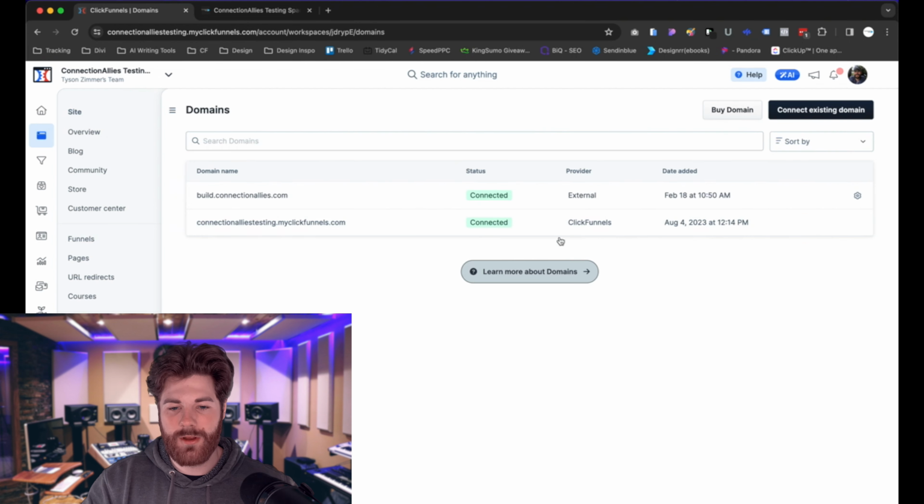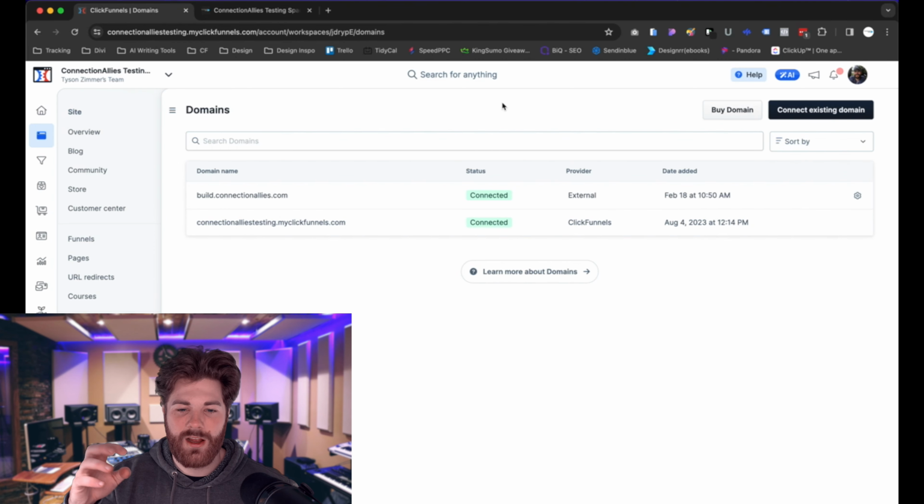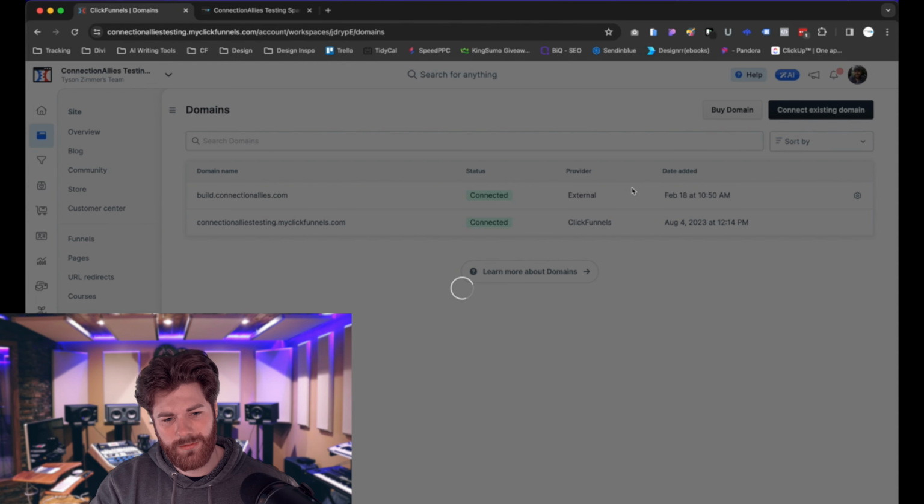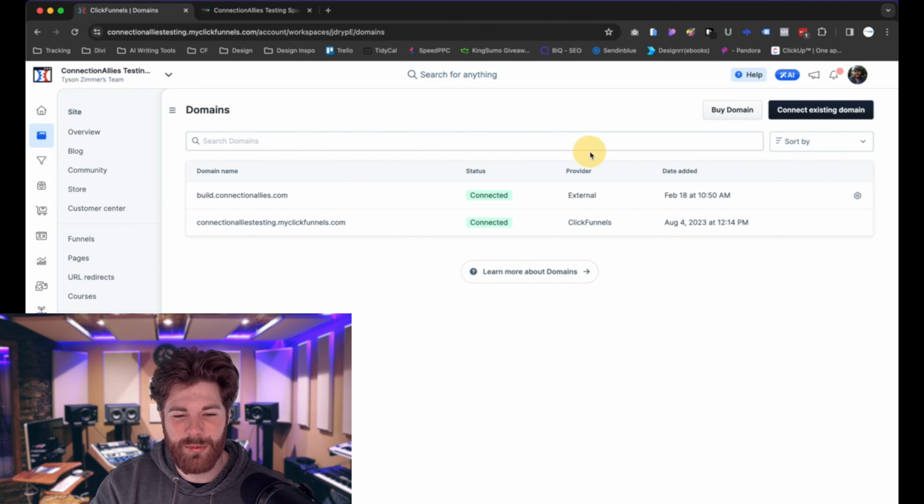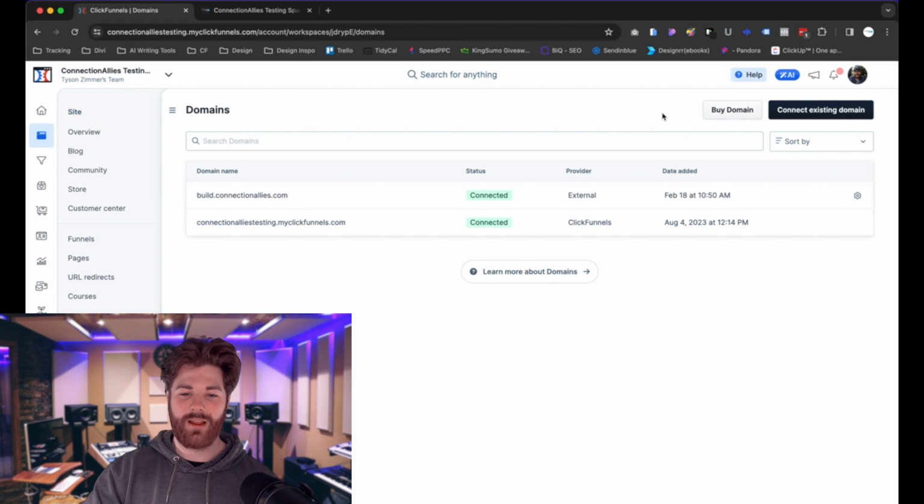Now, domains is going to be where you actually add any custom domains that you already own or would like to use inside of your account here. Or you can also buy a domain right here. There's nothing actually hosted in ClickFunnels necessarily, meaning it's going to redirect you to, I believe it's Ionos. I don't even know if I'm saying that correctly. It's Ionos. Let's see, click on it. Ionos. I always feel like I'm mispronouncing that name, but it'll redirect you to that location right there,